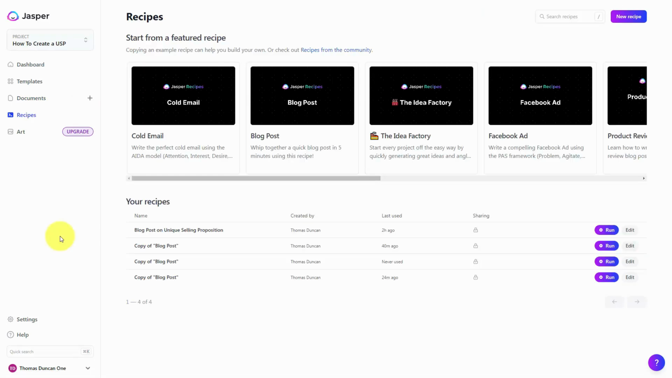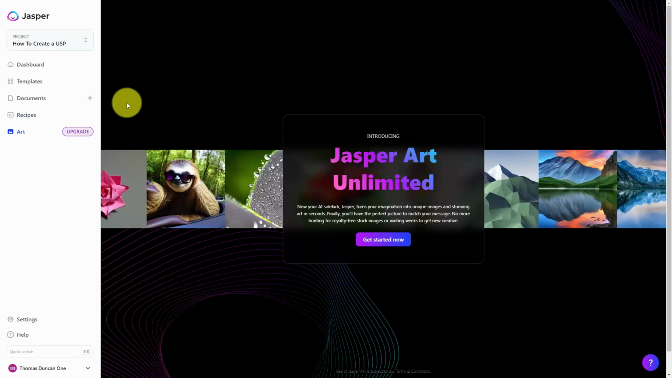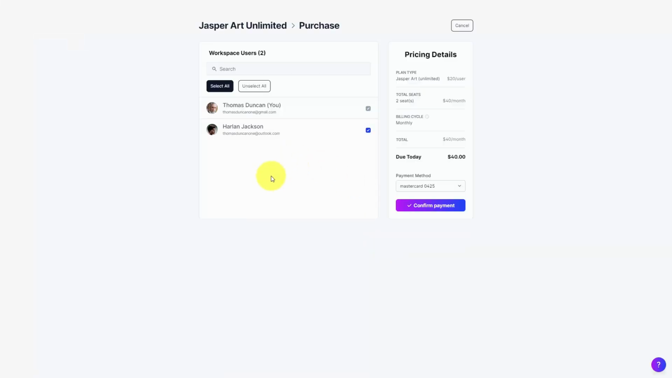Welcome back. Now Jasper has another element that is a paid upgrade, and that is the art upgrade. And if you click this button, you'll be able to find out about the Jasper upgrade. That'll bring you to this page. You can click Get Started Now. Now if you have additional users and you want to upgrade, you'll need to determine if that other user will have access to Jasper Art. If you don't want the other user, you can untick that user, and then you will pay an additional amount